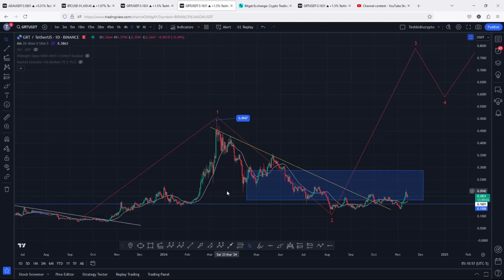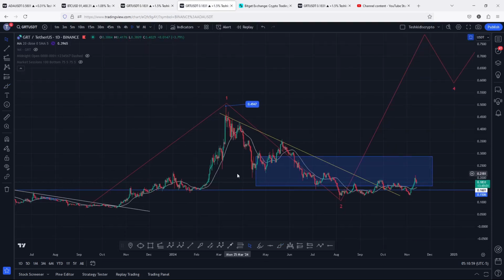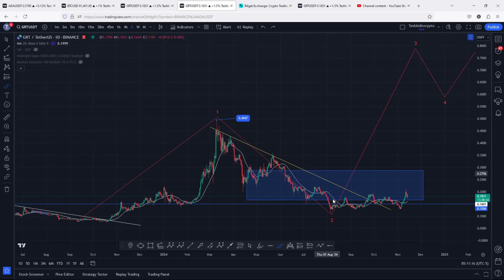Jumping to the daily chart to give you my long-term price prediction analysis, I still believe that we got our bear market lows last year and started an impulse to the upside in a move that peaked above the 0.4947, completing the formation of these additive count 1. Then we started a corrective structure in the formation of a larger additive count 2, whose minimum target areas I have marked on the charts using this blue target area, an area that we have now fully maximized,